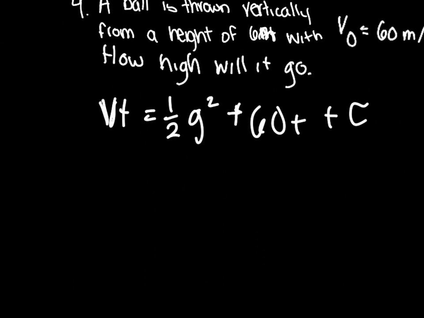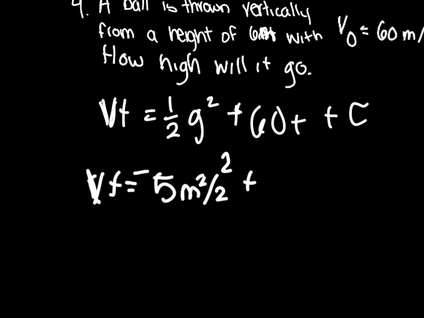So once we plug those numbers in, we get this. s of t is equal to 1/2 of 10 meters per second squared, negative since gravity is acting against this, t squared plus 60 t plus 6. So now t will be 6. Once we plug that in,